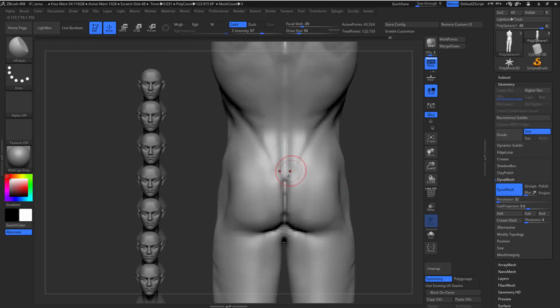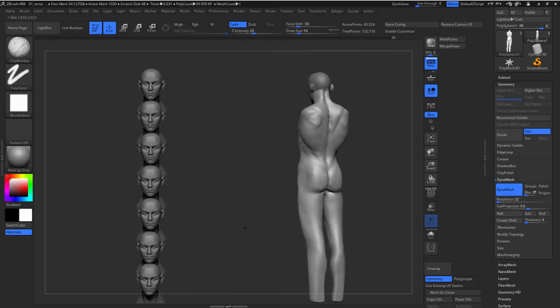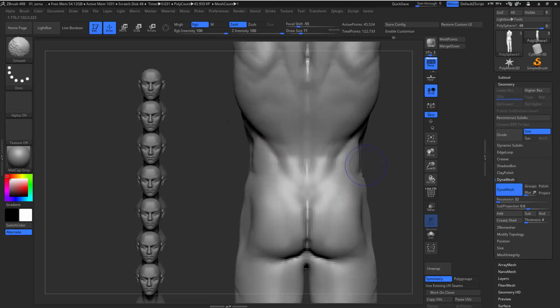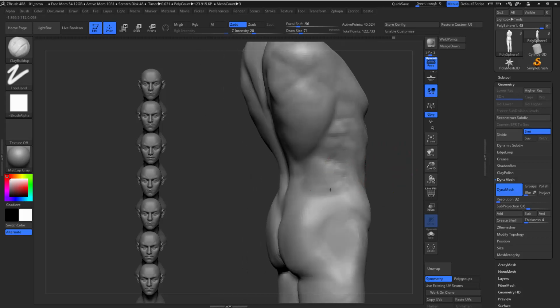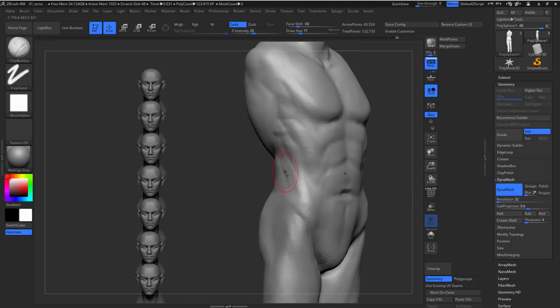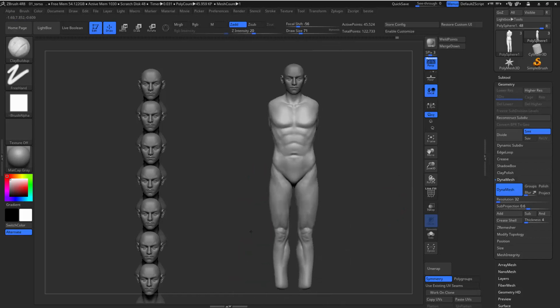For the top, I can use stem center just to drag in some of the shapes, push this in and smooth that out and redo the connection here. Alright, and on this part you do have some other muscles like that on the back. Okay, connect it to the top edge. Alright,